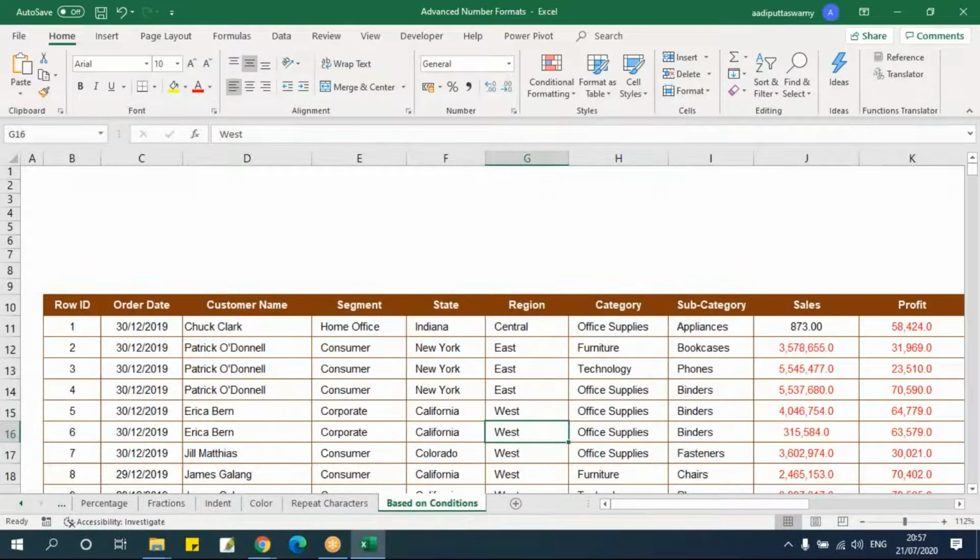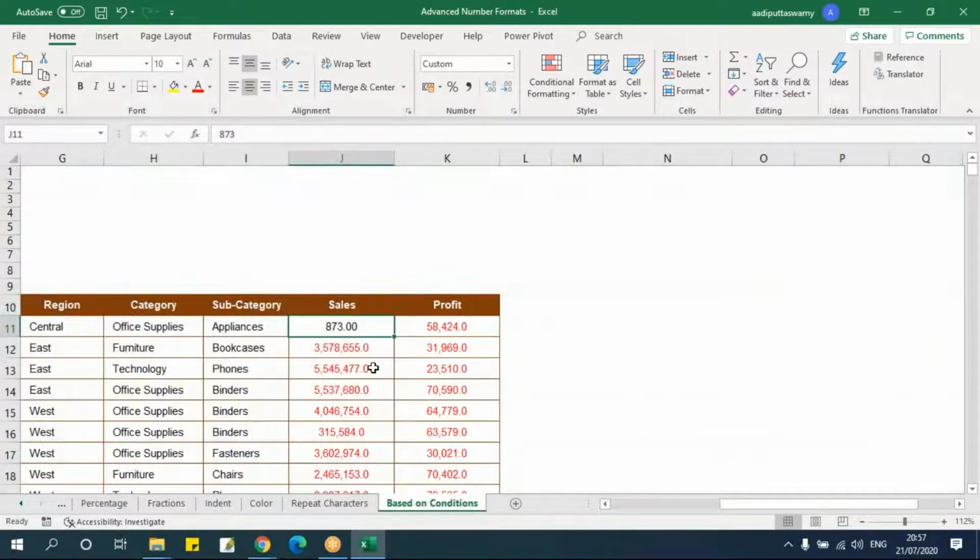So these are some of the number formattings you can do, and you can mix so many things. This is very important when you come to dashboarding, because when you're trying to format the data, this will play a major role. And you don't have to bother about sitting and formatting everything. I'll tell you how to do this automatically, using all these formats in code as well, when you come to dashboards and advanced VBA.